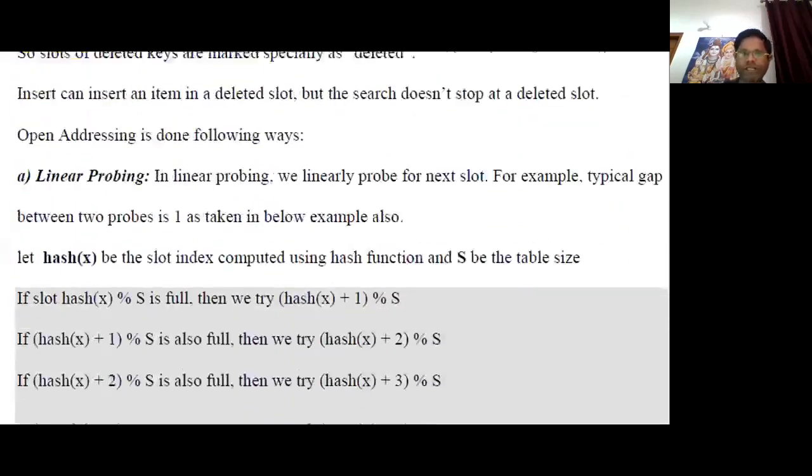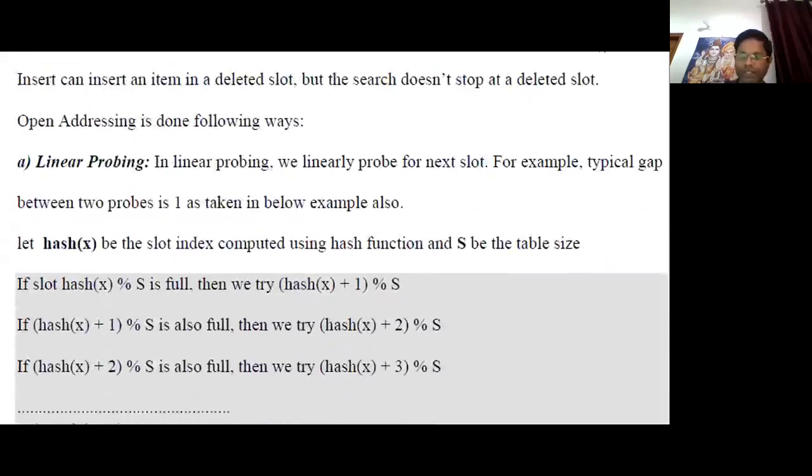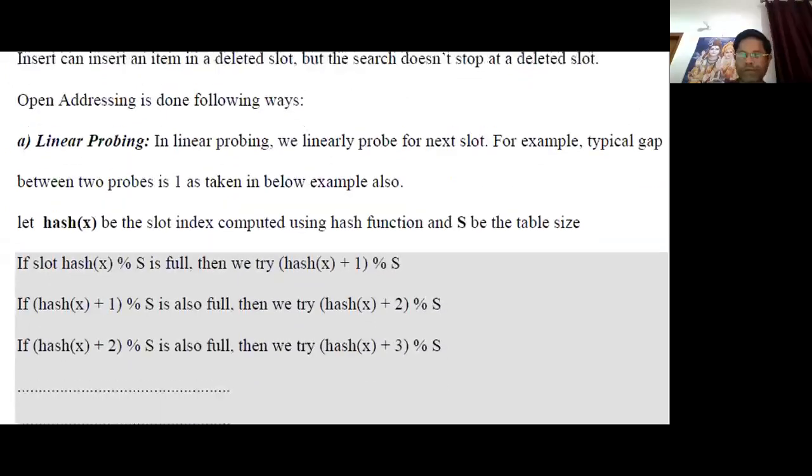So there are basically three techniques that are used in open addressing. They are linear probing, quadratic probing, and double hashing. So first I will start with linear probing. With linear probing, the alternative position for a value after a collision is calculated by adding 1 to the current computed position and taking modulus based on the table size. I will take an example and then the things will look clear to you.